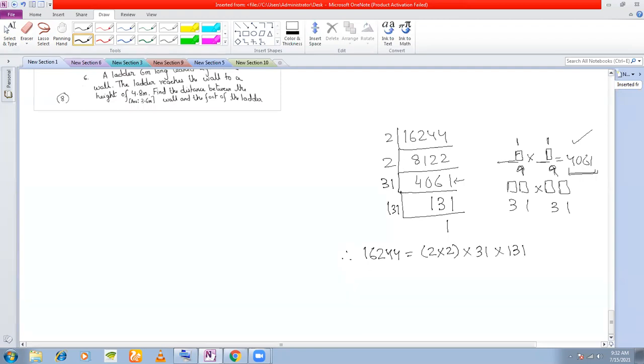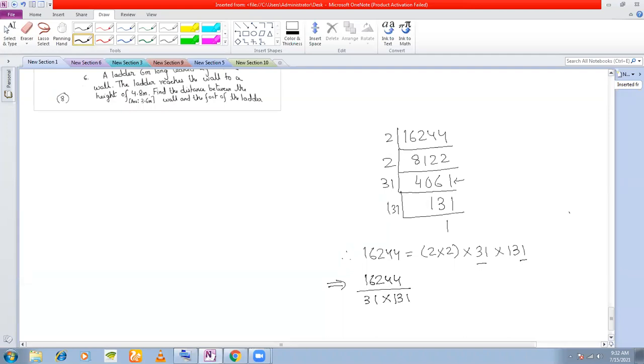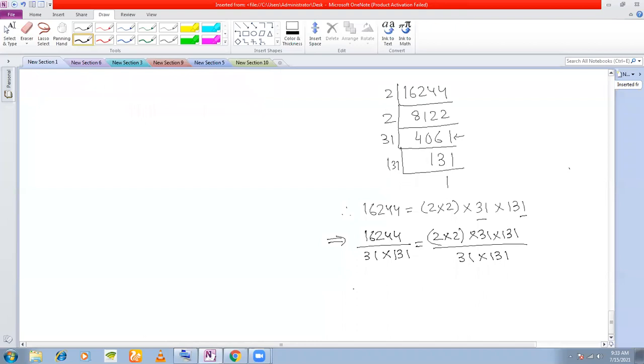So what was your question? Should be multiplied or divided? It should be divided. So let's see what pairs are here, and only one pair is here. So this is left unpaired, this is left unpaired. That means we have to divide this by both the unpaired numbers, right? 31 into 131. That means least number to be divided